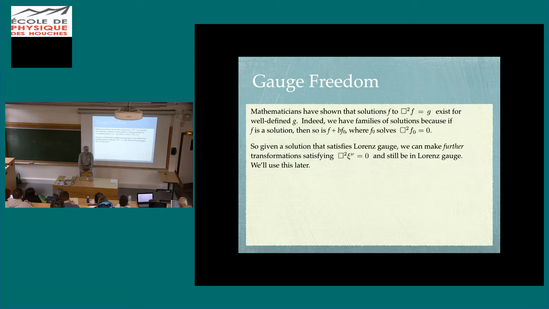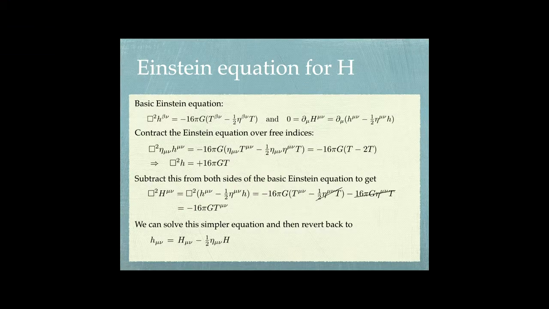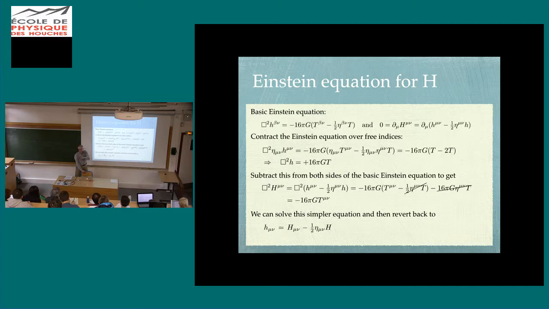Okay? So the very last thing that I want to say is to answer the question you were raising about, is that really little h here? Yeah, it'd be real nice if I could rewrite the Einstein equation to involve big H, so I'm only worrying about big H. So let's do that. Here I'm trying to solve the Einstein equation with this Lorentz condition. So I'm going to contract the Einstein equation over the indices to find the trace of the Einstein equation, and I get this result,